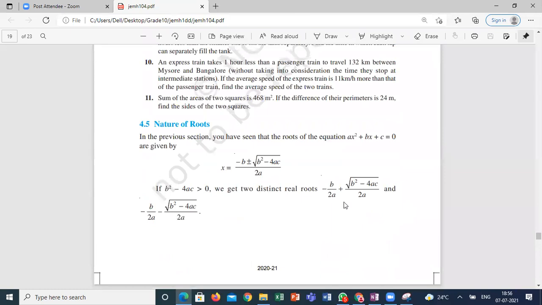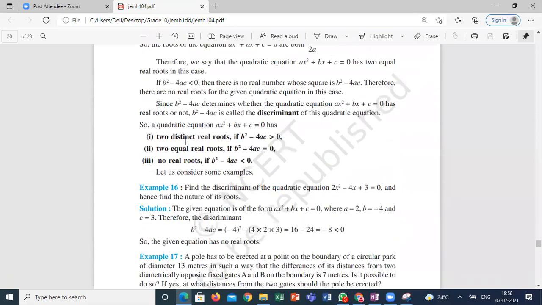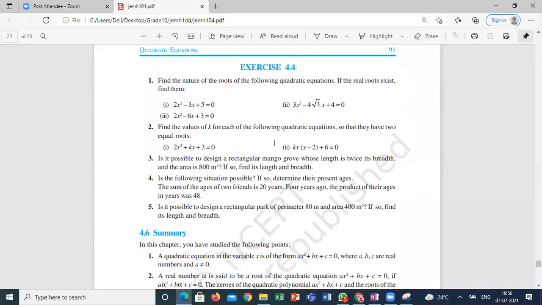Am I right? What is the meaning of this discriminant, and what is the use of this? If it is greater than 0, distinct and real roots. If it is equal to 0, real and equal roots. Less than 0, no real roots. Perfect square means rational. If it's not a perfect square, it means irrational. Based on this, we are having some discussion here.